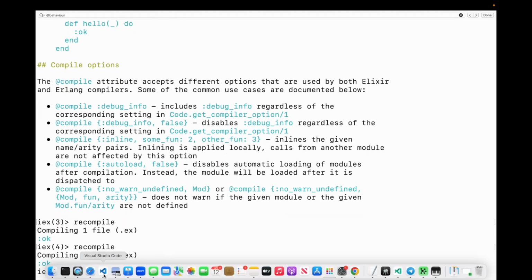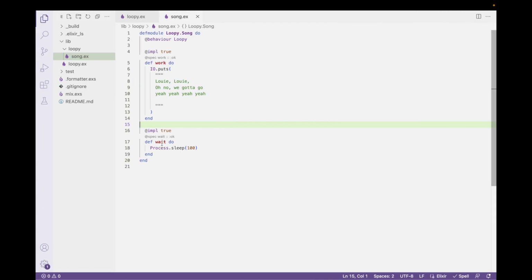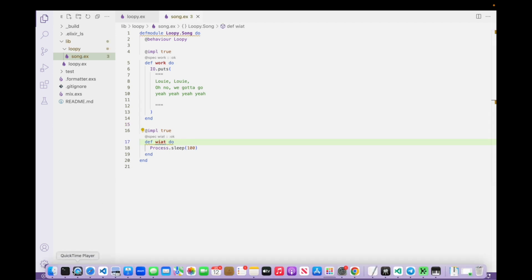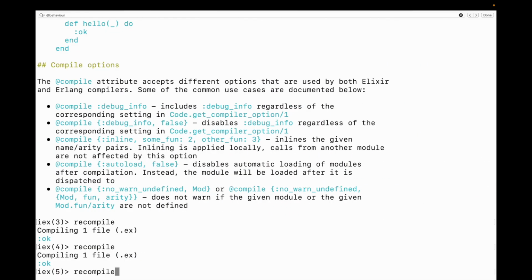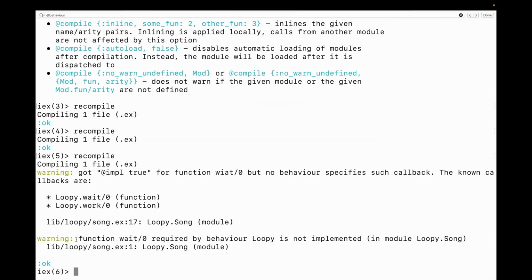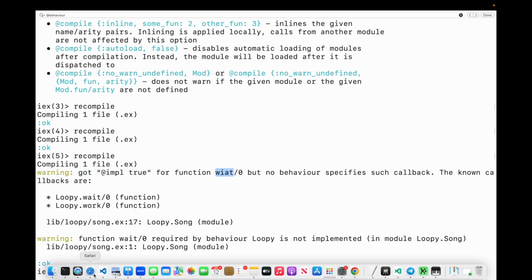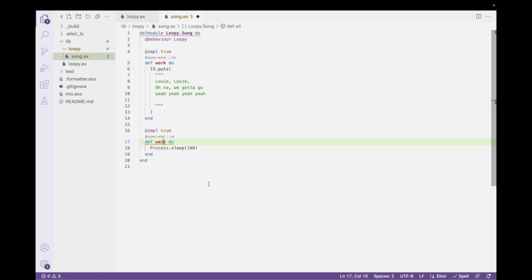and everything's working fine. But if I misspell one of these, like W-I-A-T, I'm going to save that much. And then I'm going to recompile. And I get a warning. So Elixir is yelling at me because I have an impl: true on something, but it's not part of the behavior. So then that's going to prompt me to look more closely, right? So that all we have done is specify the nature of the contract between the song and the Loopy module,